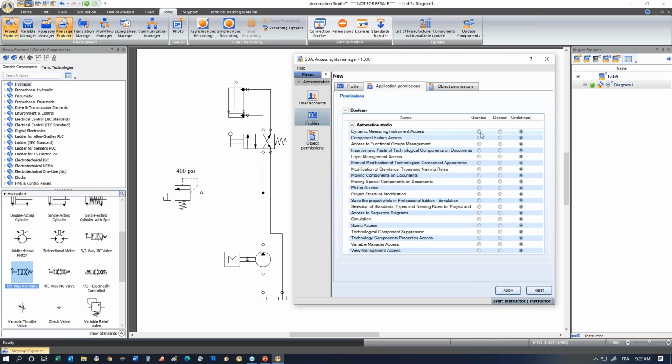So I'm just going to grant everything. It's easier to go just like that, and then I'm going to take off the technology component properties access, denied. I don't want them to do that. Then I can decide to deny other parts if I want, but in this case, it's simulation only. I just don't want them to be able to go see what problems I have put in each component. So I apply,